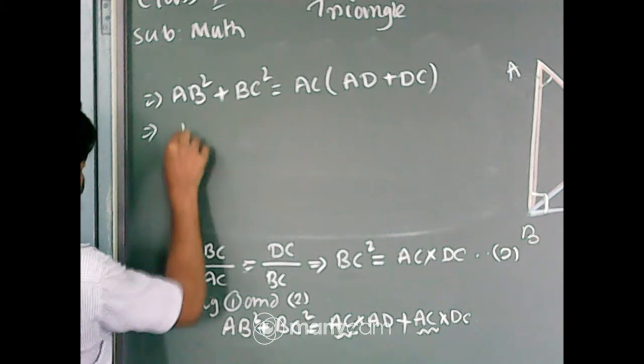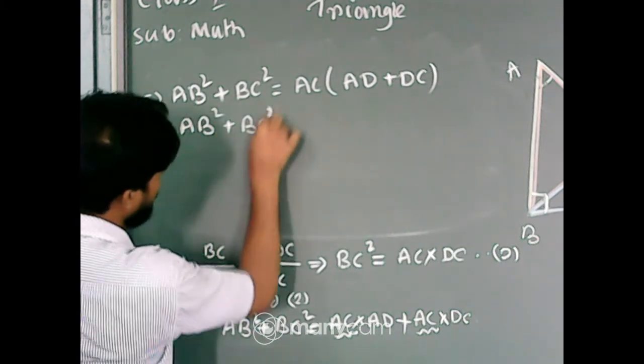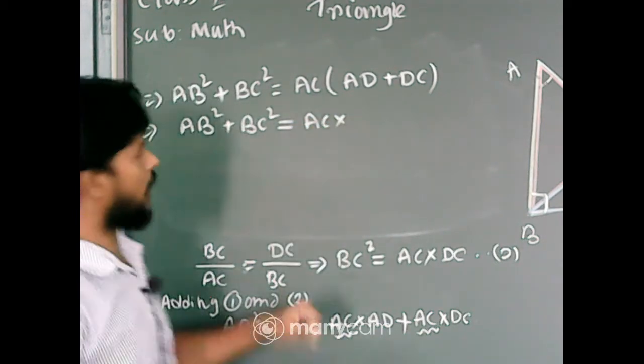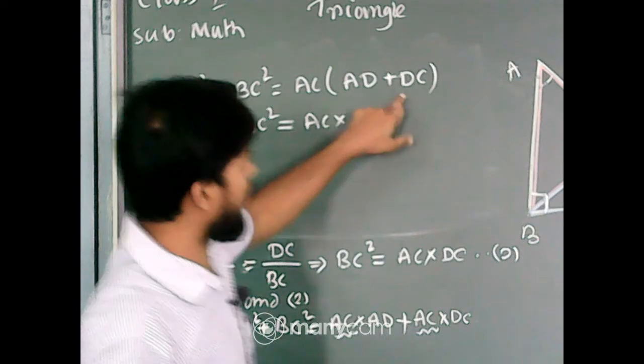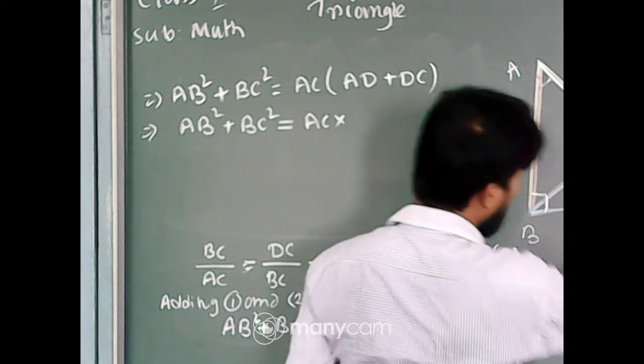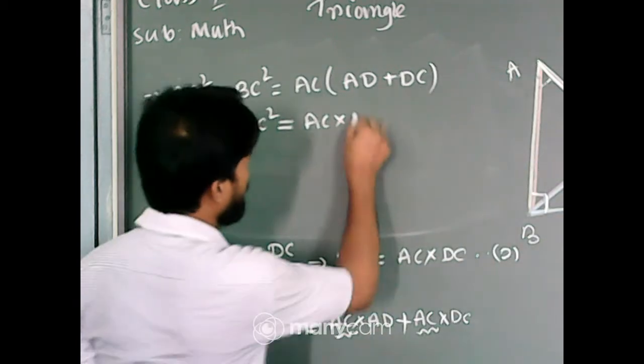That means AB square plus BC square is equal to AC into, now look at the diagram, if I add AD and DC, this is our AD and this is DC. So, if I add them, it will be AC again,